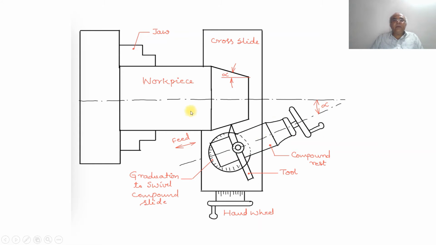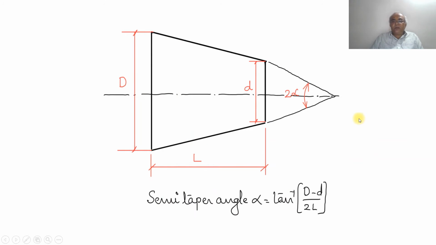This is the figure where the workpiece is fixed here, and this is the taper angle. So tan alpha is capital D minus small d divided by 2L. How will it be calculated? When you consider this as the angle alpha, it is the opposite side by the adjacent side. This entire thing, capital D divided by 2, gives you this length, and the small d, the entire length, and d by 2 gives you this length.